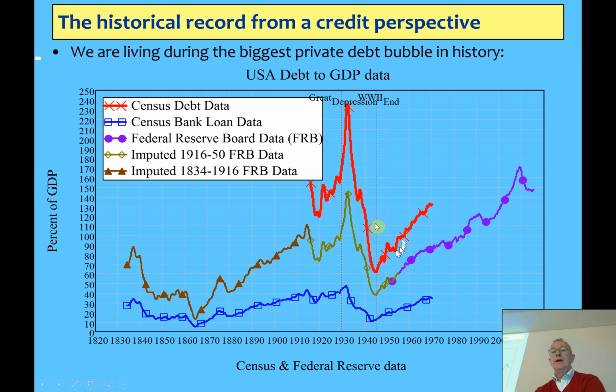Now you can see that the ups and downs are very similar where these two correspond. So the R squared between the two series where they overlap is quite high, and also the R squared between the changes in the series. Clearly, how the Federal Reserve defined debt gives you a lower level than the Census Department did. So to make them consistent, I've tacked this data on so it overlaps with the Federal Reserve data. In the deflationary experience of the Great Depression, the level of private debt hit 240% of GDP, as the Census Department records it.